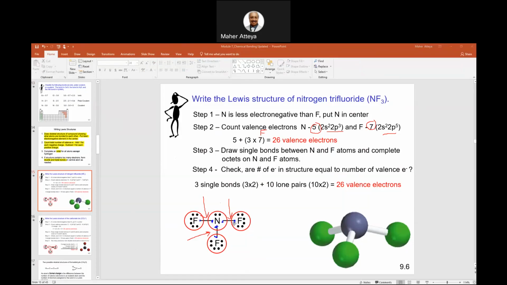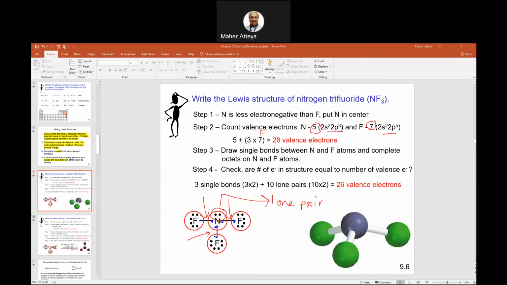So 3 single bonds and one here, this one here called lone pair. It has another name called non-bonding valence electron. Non-bonding valence electron. They are not involved in bonding. Non-bonding pairs or non-bonding valence electrons or lone pairs. Orphan, they are orphan. They are not a part of any bond, sharing any bond. So therefore, you can see you have